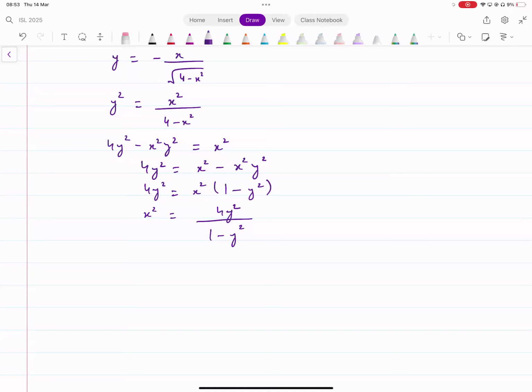अब हमें क्या करना है, इसका स्क्वायर रूट लेना है, राइट? When we take square root, what do we get? We get x equals plus minus square root of 4y squared divided by 1 minus y squared। This is what we get। इसमें क्या मसला? ठीक है।